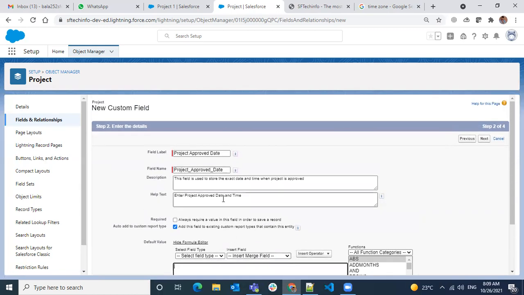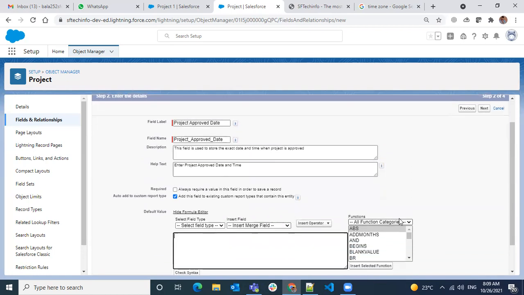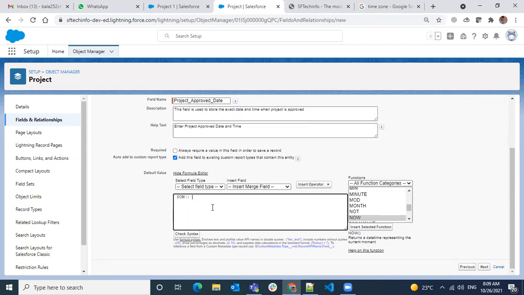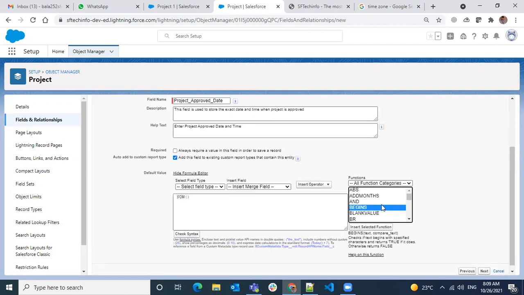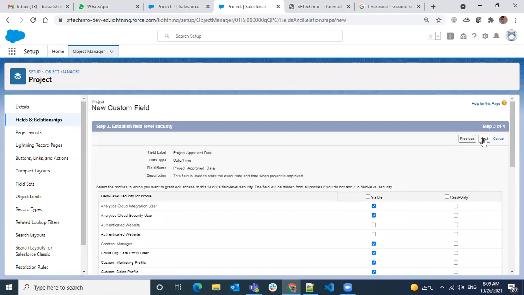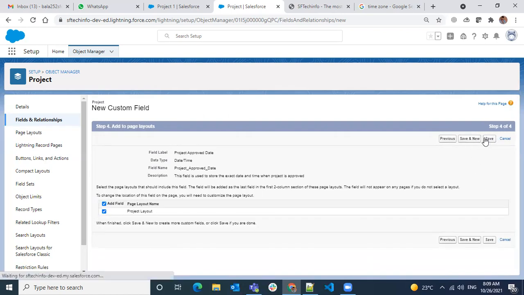So whenever I create a project, if they're not giving any approved date, I'm trying to keep the approved date as whenever it is created. So I'm just giving it as now. Okay, and just doing the next. Next. Save.